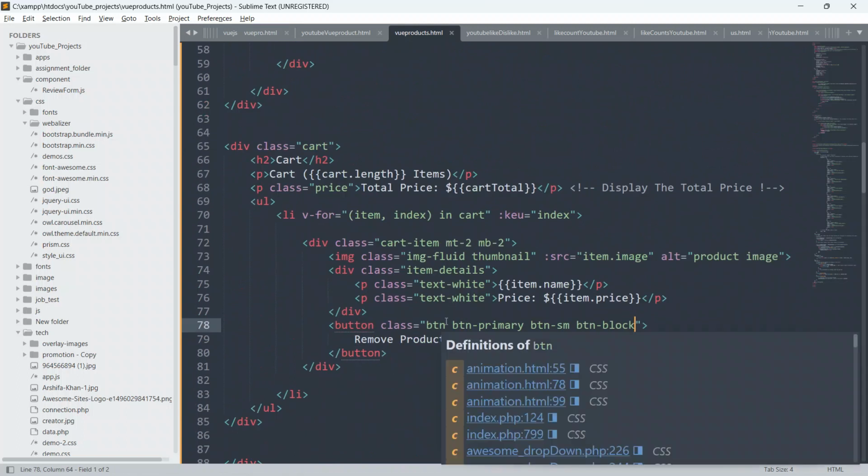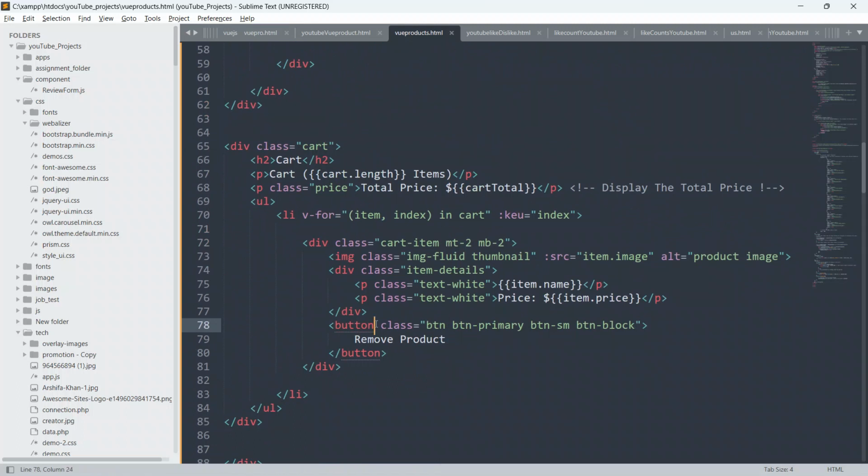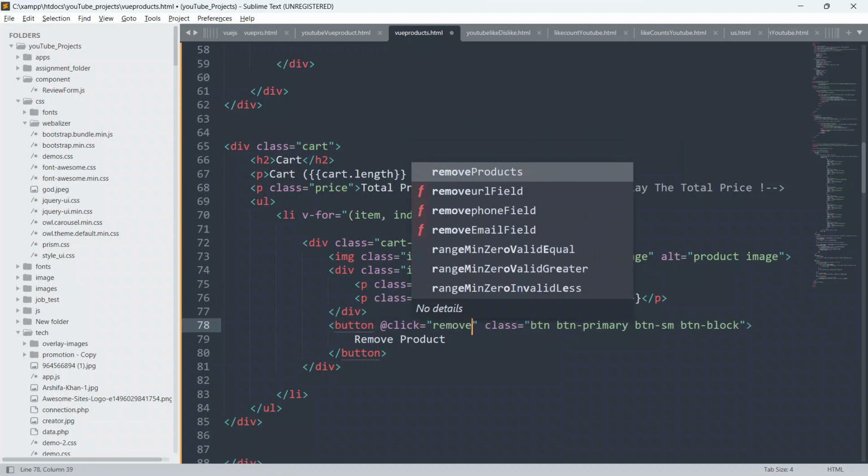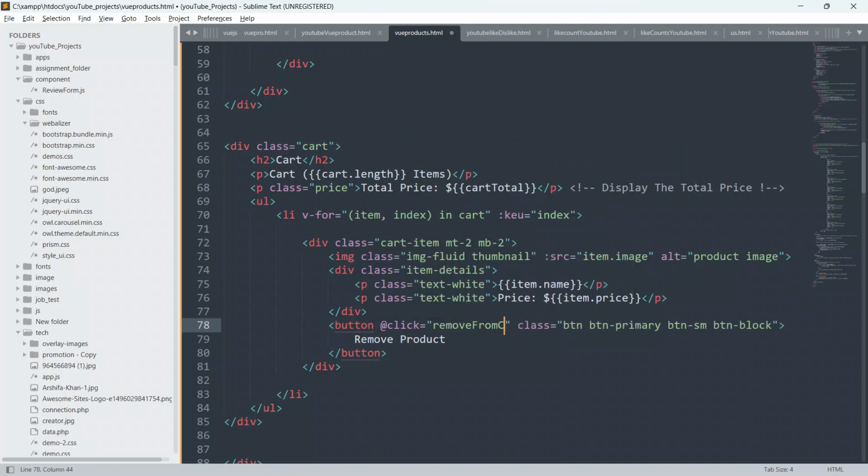Okay, so now I'm gonna run a function also. So put at the rate and remove. I'm gonna run the function remove. Okay, so at the rate click equal to, we will do remove. Okay, remove from cart.